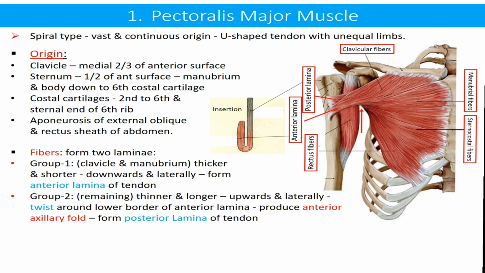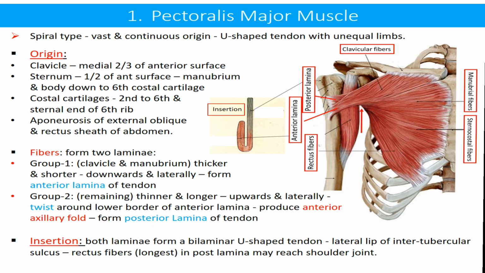The fibers of pectoralis major form two laminae. First lamina comes from clavicle and manubrium in the shape of a thick muscle mass. These fibers travel downwards and laterally and form the anterior lamina of the tendon. The remaining fibers are thin and longer. They pass upwards and laterally. They twist around the lower border of the lamina, producing the anterior axillary fold, and ultimately form the posterior lamina